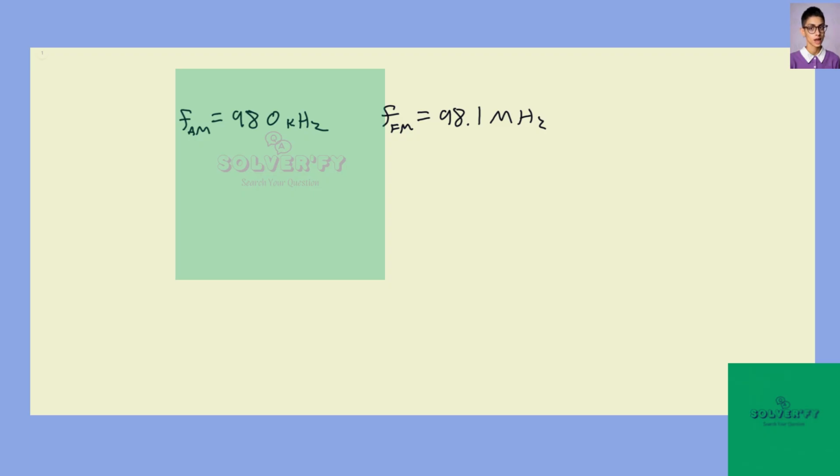So for the first part of the question, we can say right away that the wavelength from the AM band is going to have the longer wavelength. So we'll say AM is longer. And if we want to know by what factor it is longer, it is